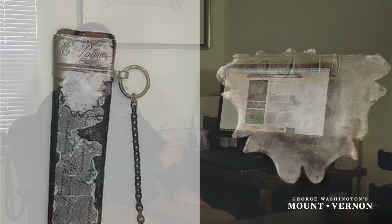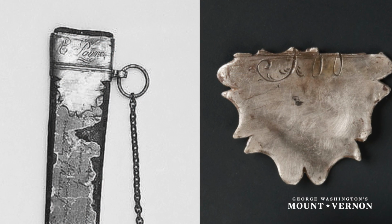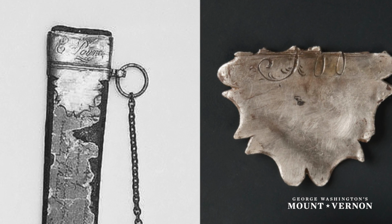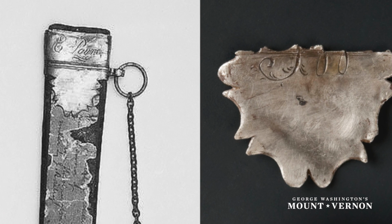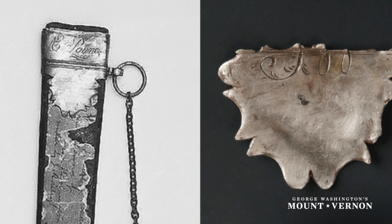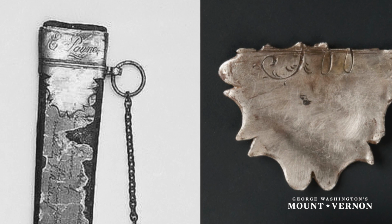We started looking at what silver objects would have been applied and affixed to, and we found an example from the Smithsonian's collection of a sword that was crafted by sword and silversmith John Bailey that came out of the Fishkill, New York area in the 1770s. Now, the Smithsonian's example had the sword scabbard collar, which is what we determined this piece to be, intact. Not George Washington's initials, but enough of it to tell that perhaps George Washington had a sword that was crafted